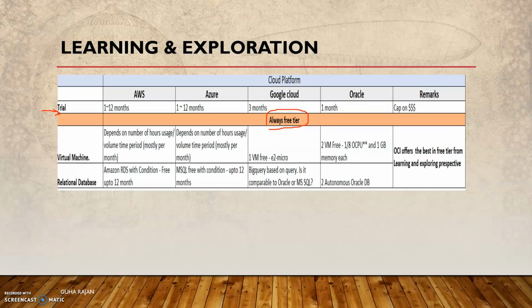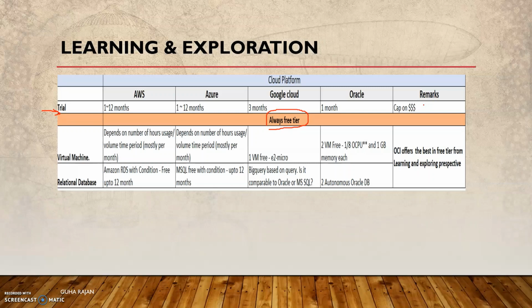So it's a basic machine, but still the offer is enticing. You can even have your own small website hosted on that, because you have the external facing IP, so you can host that website as well. Comparing to that, Google Cloud comes close to it. They offer one VM free, the E2 Micro, that is free. And apart from that,